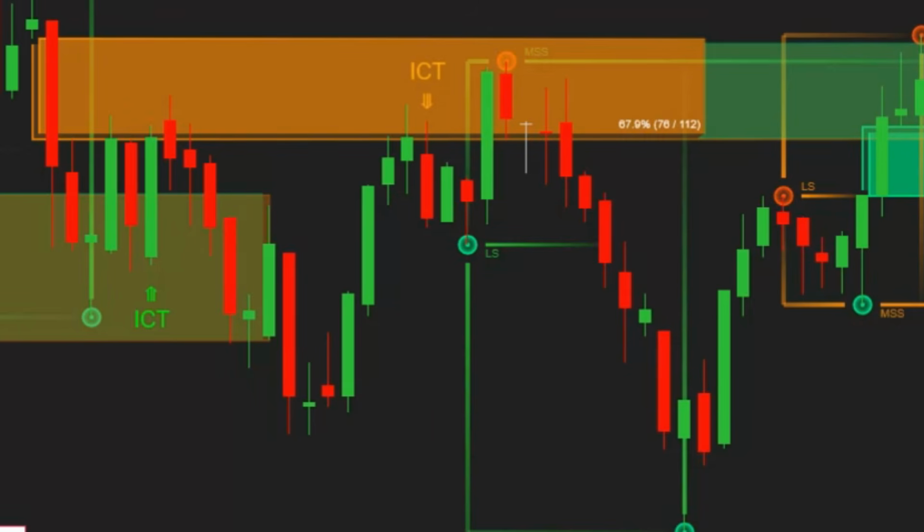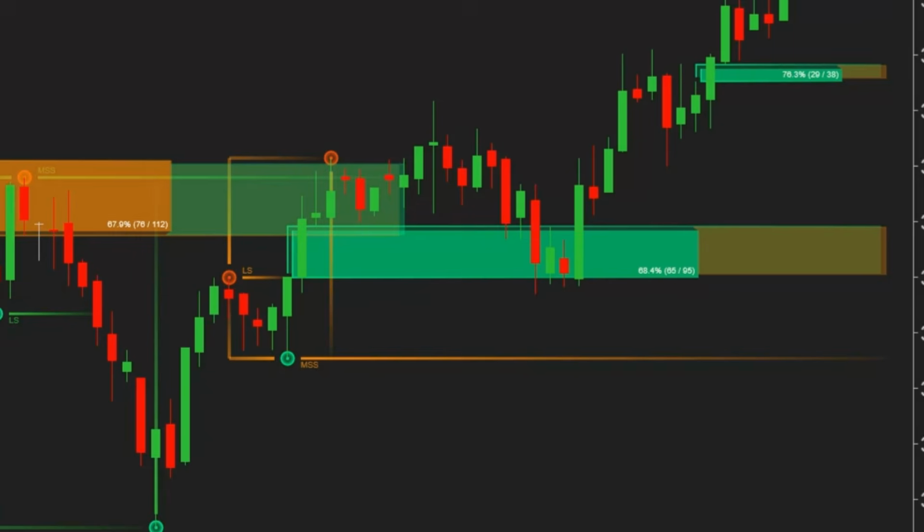Later in the chart, we see the opposite happen. Price sweeps liquidity below a prior low, then quickly reverses higher. PhantomTrace marks the MSS and highlights the green zone, which represents an area where institutions may be accumulating positions after the liquidity grab. What makes this useful is that the indicator isn't simply looking for buy and sell signals, it's